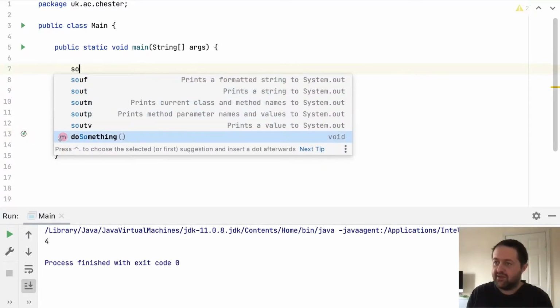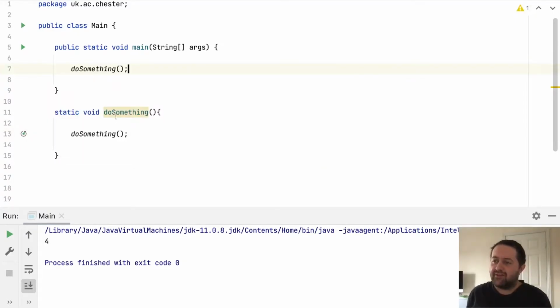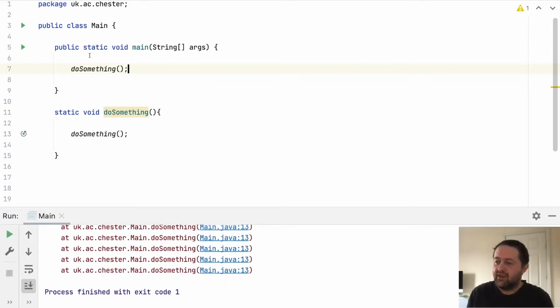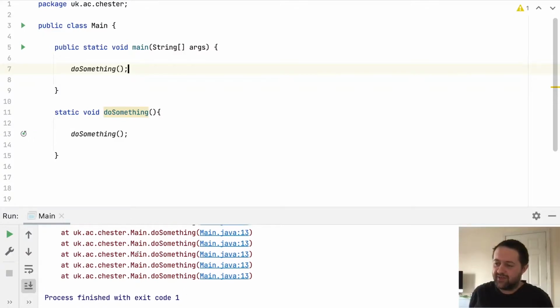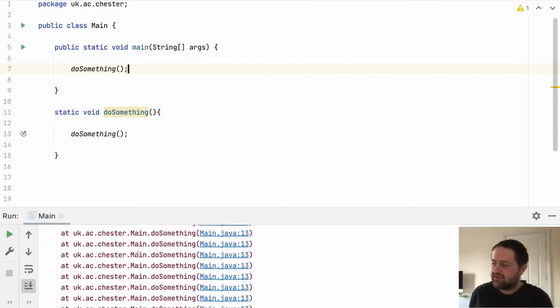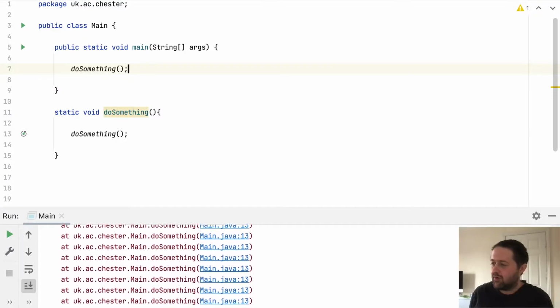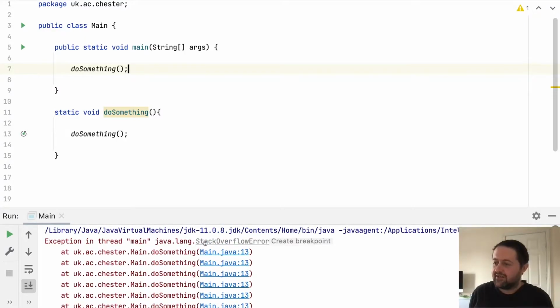If we think about what's going to happen, we're going to get stuck in some kind of infinite loop, because we're going to go in to do something, it's going to call do something, and we're just going to keep going around. So let's run that and see what happens. You can see here we've got an error, and if we scroll up through the stack trace a long way, we get right to the top. It says exception in thread main